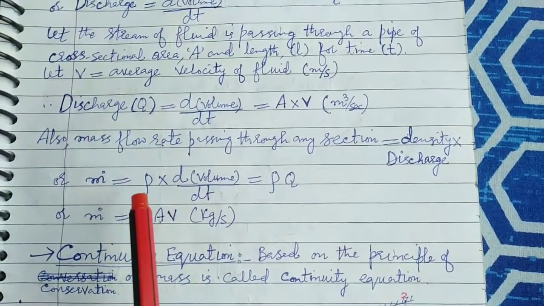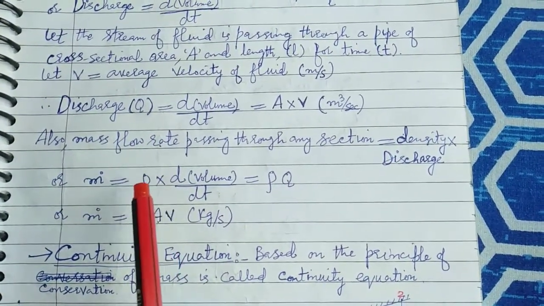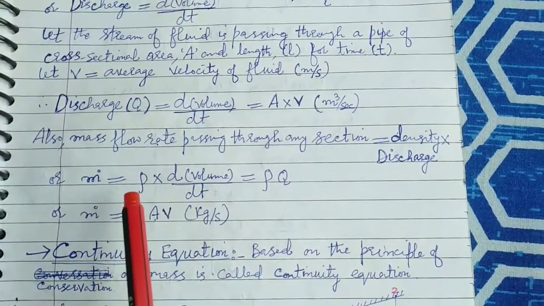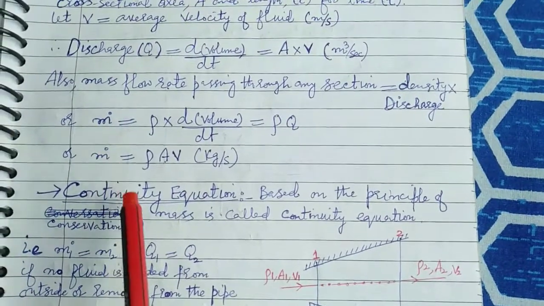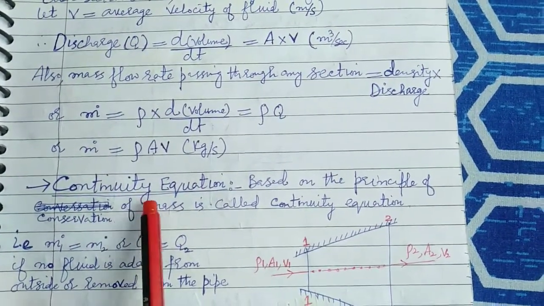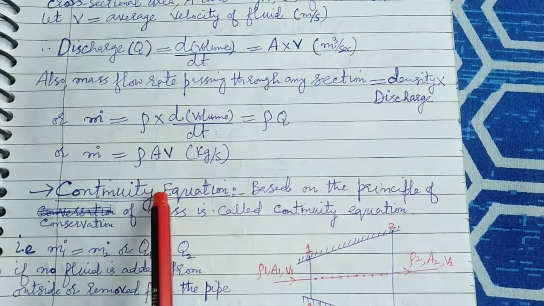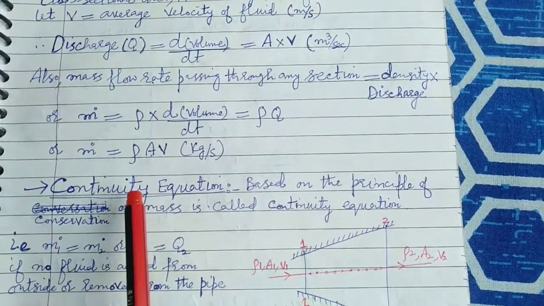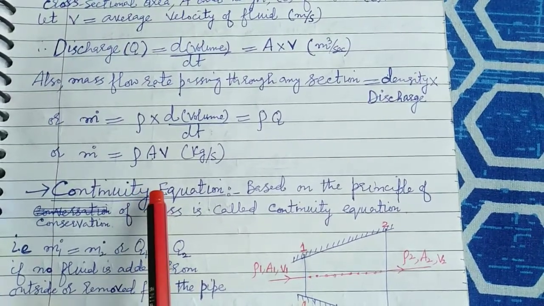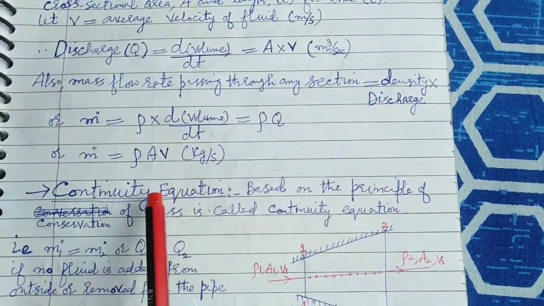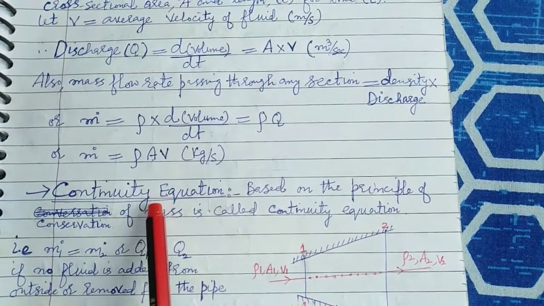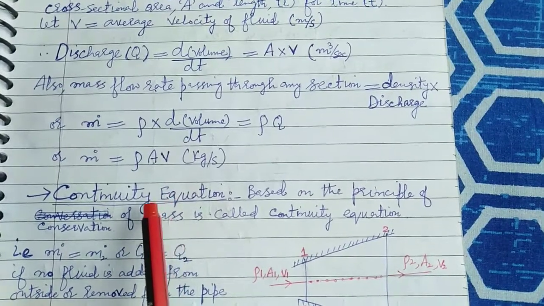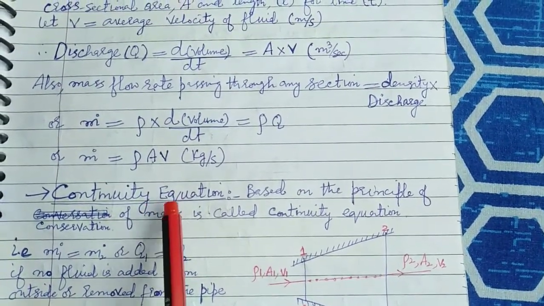So this was the fundamental concept that you should know before starting the important topic, that is the continuity equation. So let us move on to what the continuity equation is. But before starting, I will tell you the important thing that we have to first discuss the continuity equation in one dimension. That is, we are assuming that the flow occurs in one direction. Okay. And after that we have to study the continuity equation in multi-dimension or three dimensions. So first we will discuss the continuity equation in one dimension.